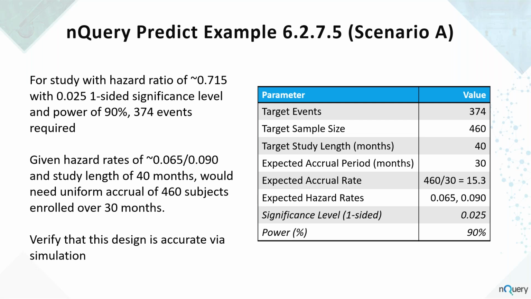And so what I'm going to do here is use an example from the nQuery manual, using the information that was provided for a sample size calculation. This is based on a real trial, but some of the facts have been changed around. There's a real trial where the summary data was available, and we had access to the actual underlying data as well. And we just created an artificial version of that trial with some of the facts changed slightly, but